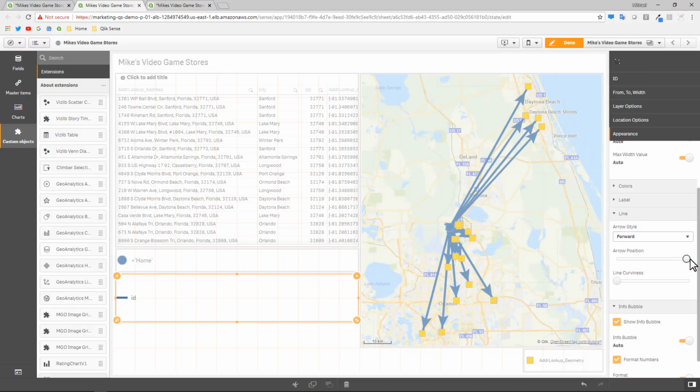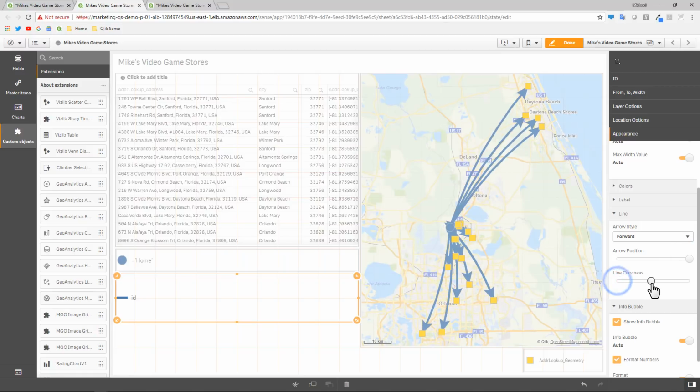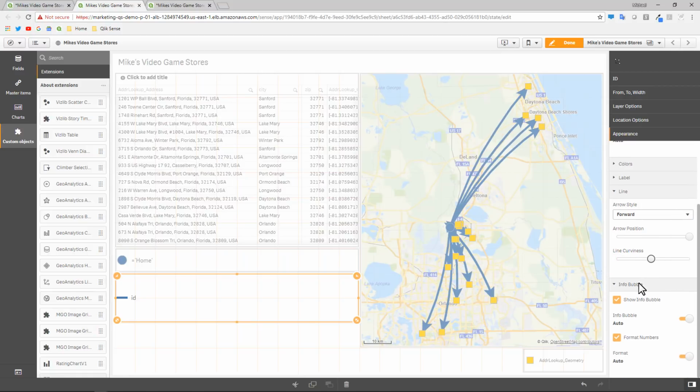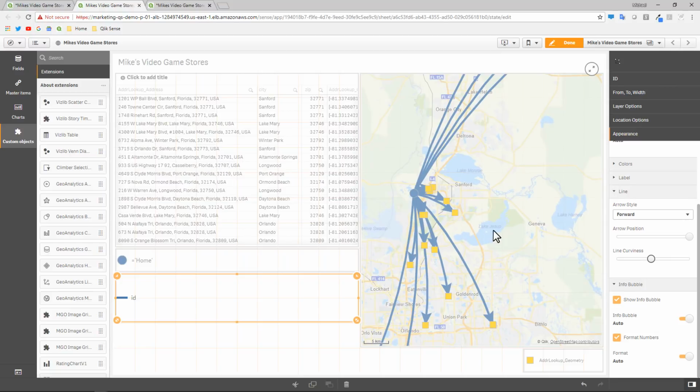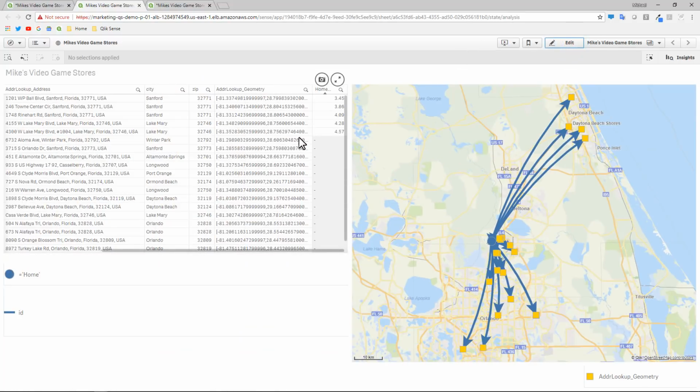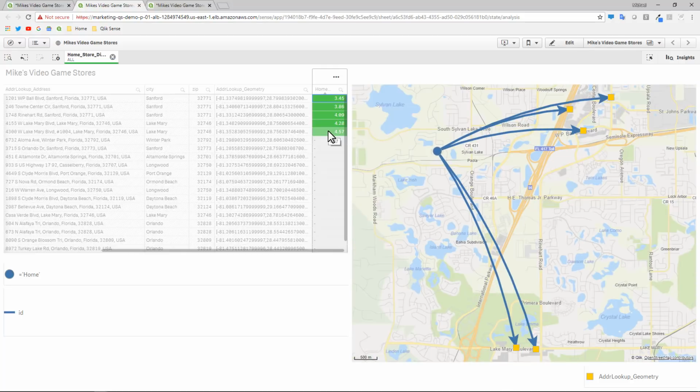And you could adjust the arrow position, curviness, etc. Okay, so if we go back into the table and I choose my closest stores,